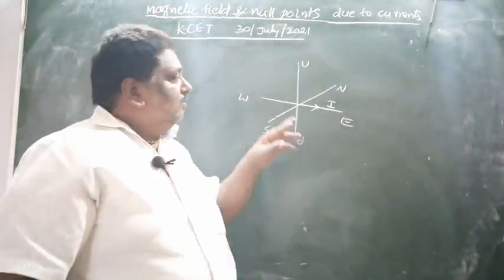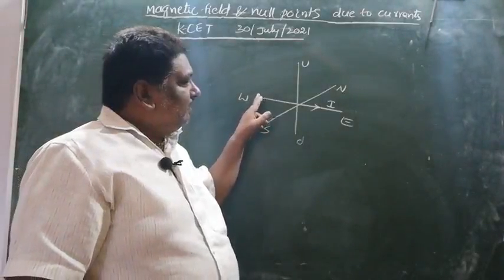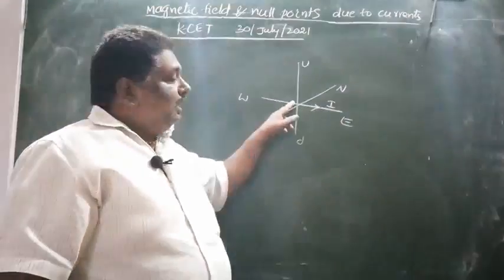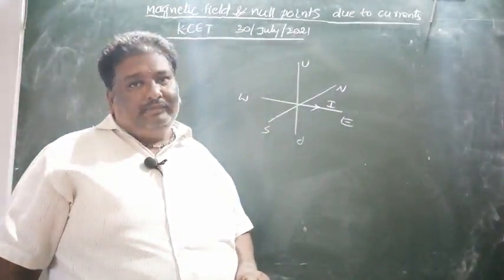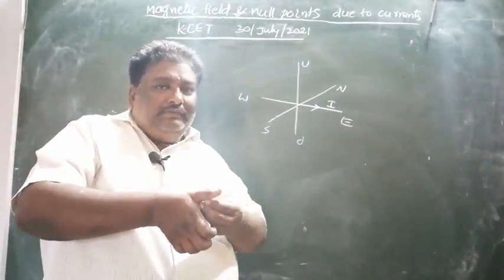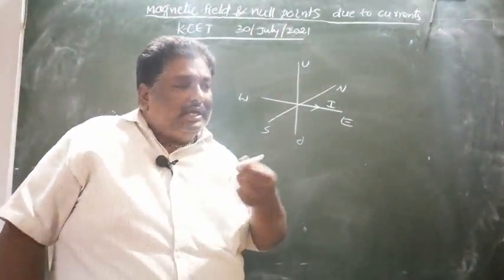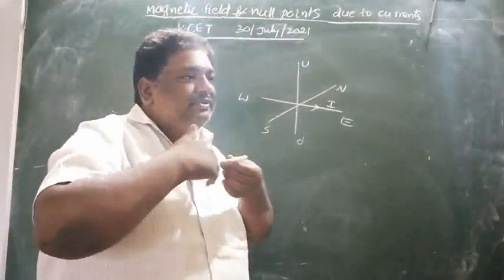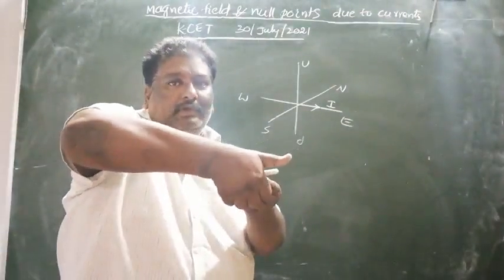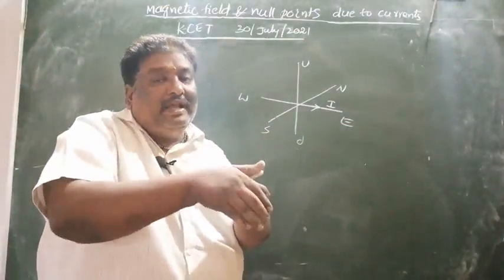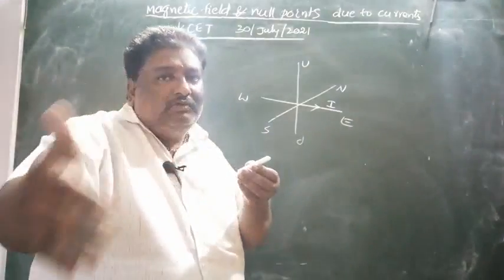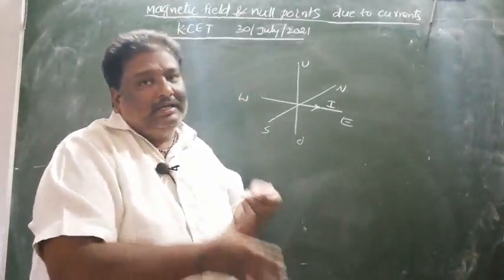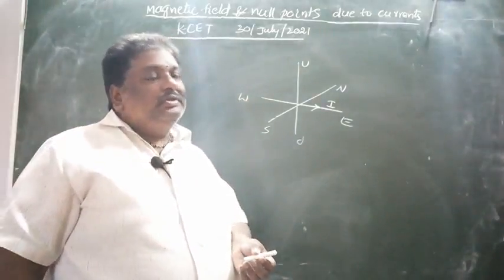What is the question? One conductor carrying current from west to east. What is the direction of the magnetic field under the conductor? This is the question. So in the thumb direction current is passing. Hold the conductor like this. It is my direction west, that is east. West to east current is passing. In the fingers direction the magnetic field is passing. It is south direction, it is north direction. South to north under the conductor. Like that, questions will be asked.